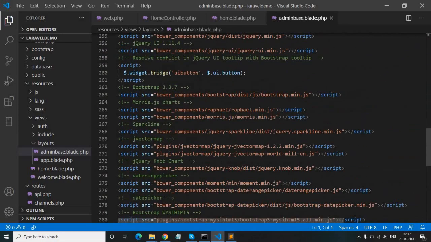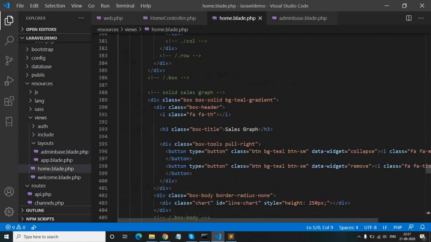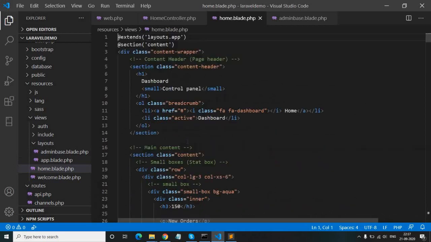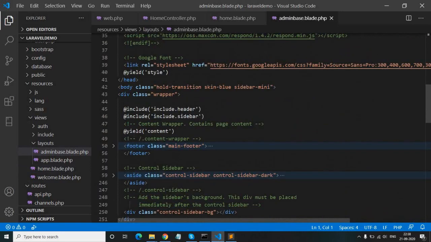Okay guys, in the home.blade.php file we have to call this home.blade.php file inside our admin base file. For that we have created yield content. With the help of this keyword we can append the home.blade.php file inside this base file.